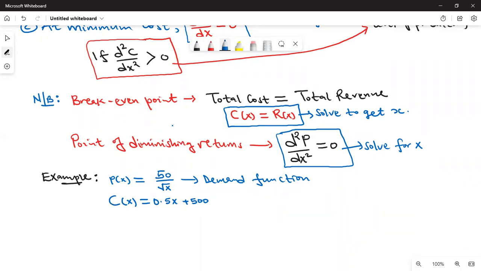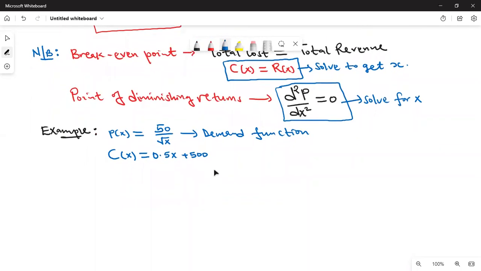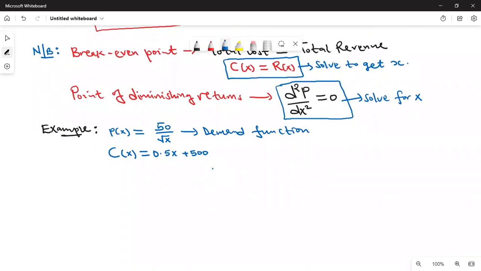We are asked to find the following. Remember, this is total cost. Total cost. So the task is to find